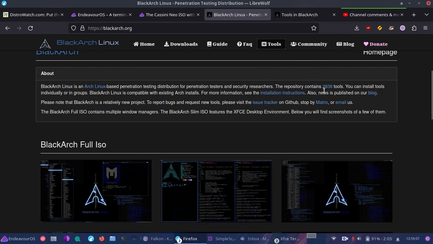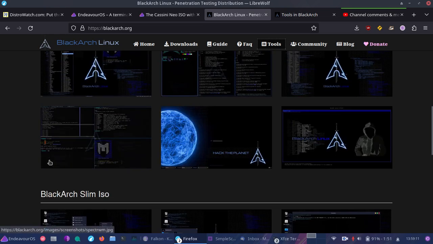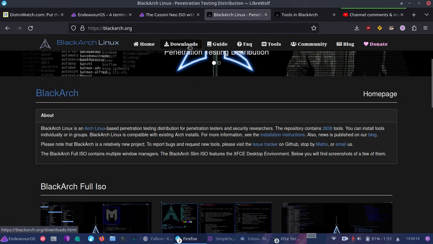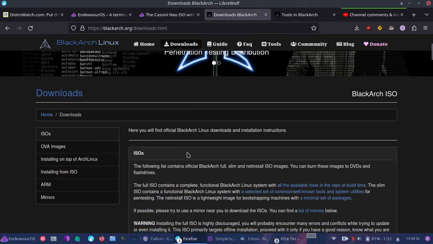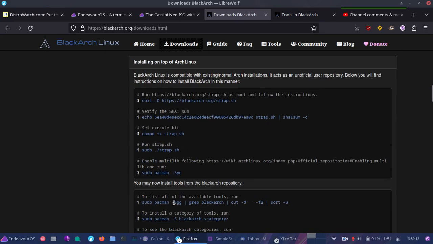Well, it has over 2,838 tools, and these are all pen testing tools. To actually install this, you can add it to an existing installation pretty easily. So just go through this guide right here. Go to